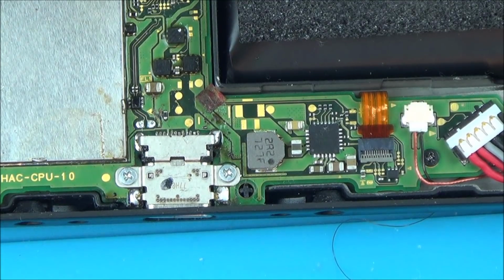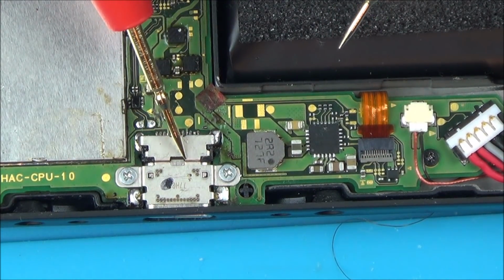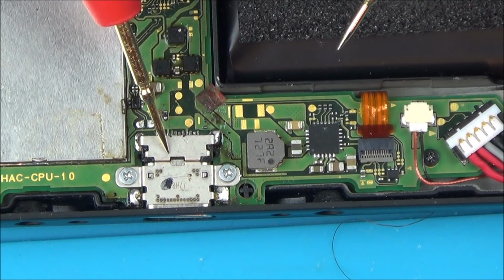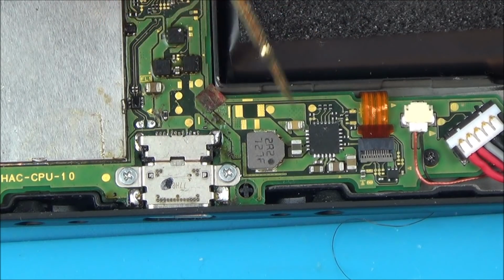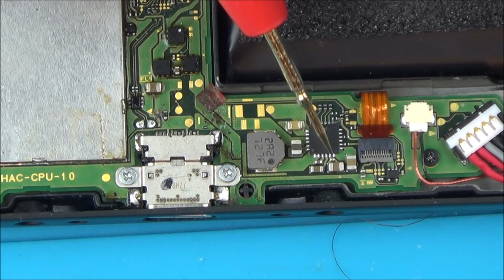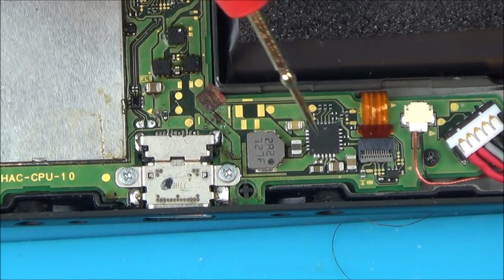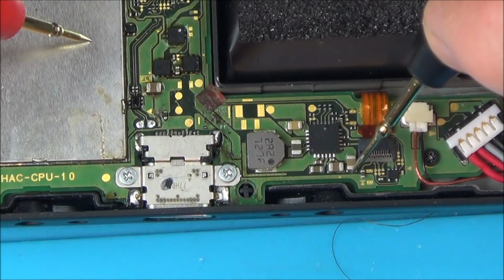Now, the dodgy thing could be that if some of the contacts in here were shorting to ground, let's say the middle lot could be bent and shorting to ground, then that might throw up shorts everywhere else. So I could take this off here and these capacitors might all still be shorting because maybe it's in here. But if I was to take this off in order for the shorts to go, then that says to me